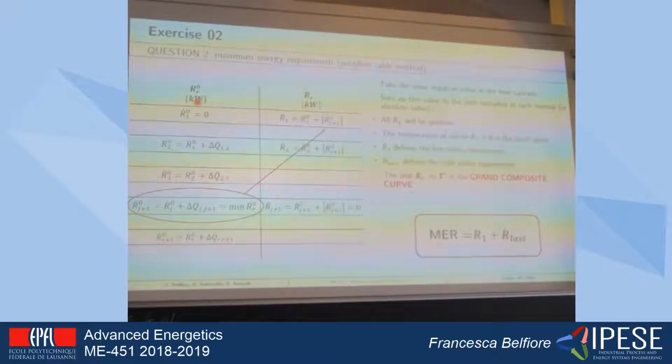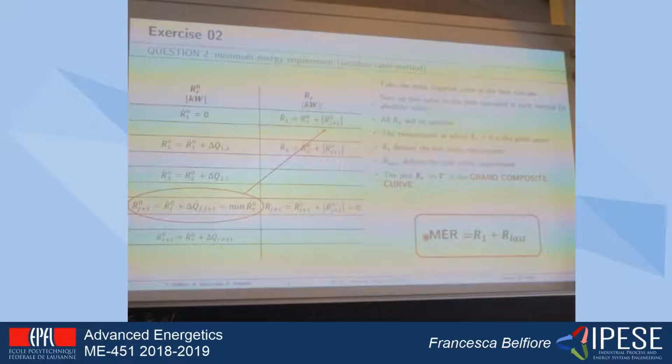any heat supply. If it is wrong, then you have to take the minimum one, you take the absolute value, and you will add it to all the intervals. So finally, all your values here will be positive. The first one will give the hot utility requirement. The last one at the lowest temperature value will give you the cold utility requirement. Together, if you sum them up, you will have the minimum energy requirement of your process.